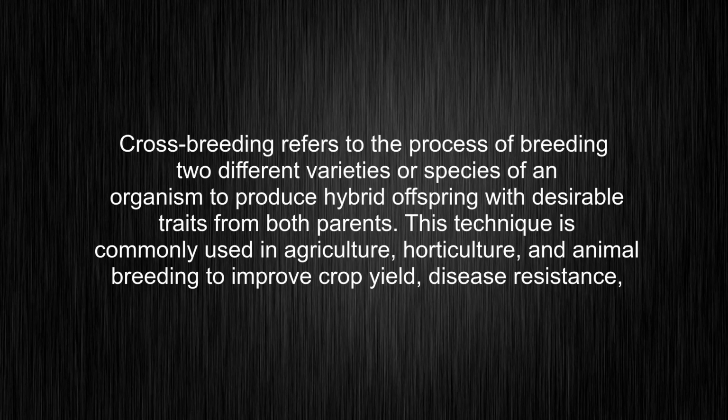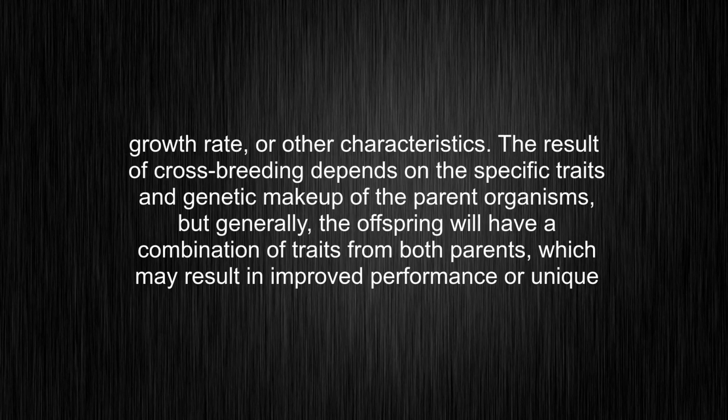Crossbreeding refers to the process of breeding two different varieties or species of an organism to produce hybrid offspring with desirable traits from both parents. This technique is commonly used in agriculture, horticulture, and animal breeding to improve crop yield, disease resistance, growth rate, or